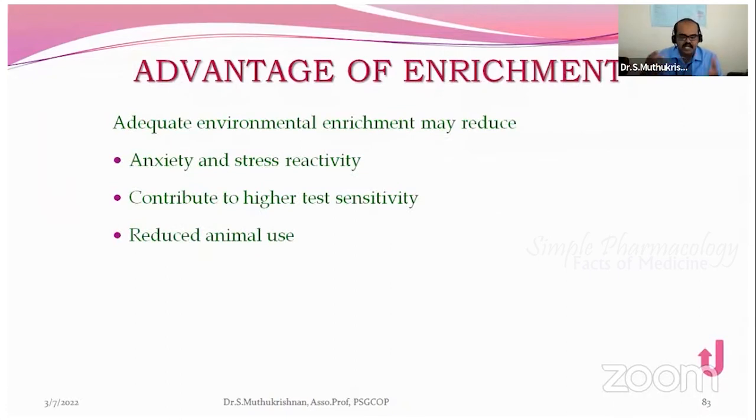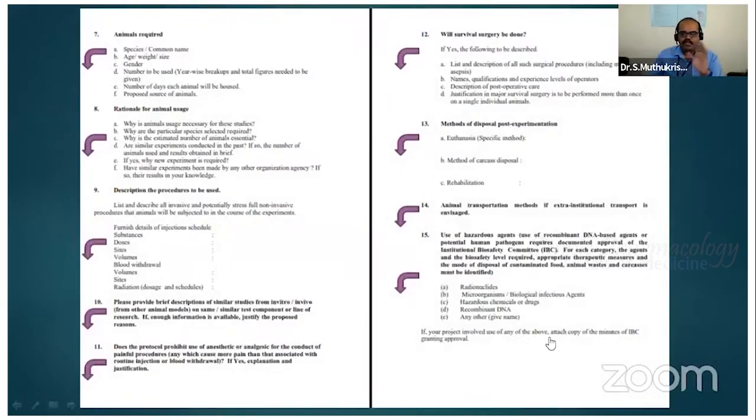For example, in psychotic behavioral studies or novel object exploration studies, giving the enrichment object may produce false positive results. In those cases, you avoid the enrichment objects. But apart from those studies, for most studies we can give the enrichment objects for easy adaptation. So if you have filled in everything up to the 15th part,